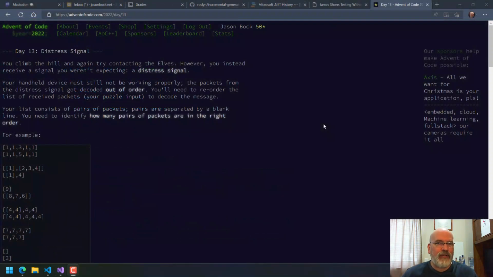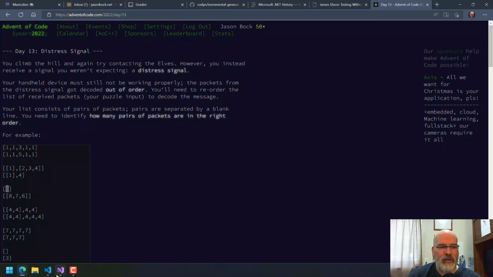Day 13 is Lisp, sort of. You're given lists of ints, and depending upon how they're grouped determines how you compare one to the other. And you have to determine how many of these pairs of packets are in the right order. And then the second one, you have to order all of the lists with two specific lists in a certain place, and that gives you another number. So you have to compare these, saying, if this is just a number, but this is a list of numbers,